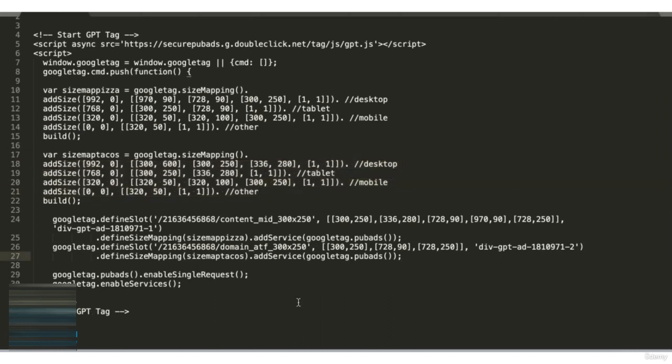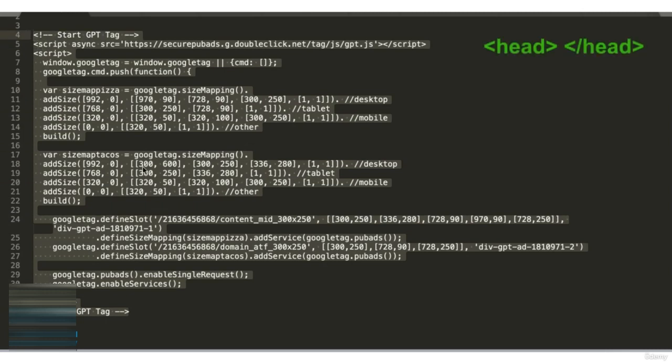If you have more ad units, you can reuse the same size map as necessary. For example, I have 3 different ad units and I want them all to follow the size map pizza. Then I can go ahead and add this line for them, the same as how we did it here. Now, once all your codes are all set, go ahead and copy this and deploy it in the header section